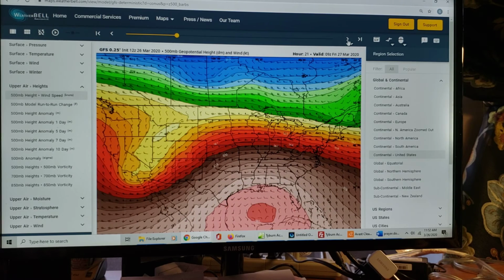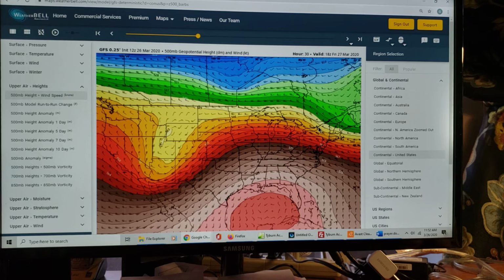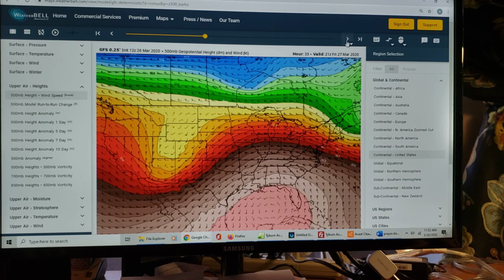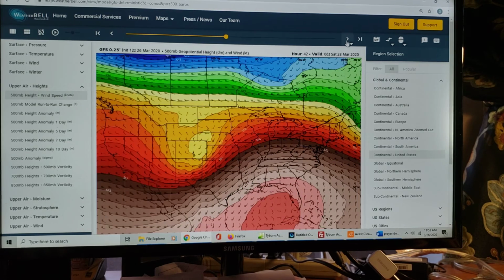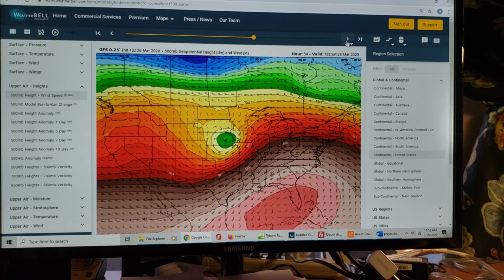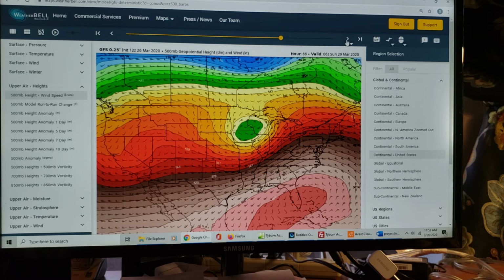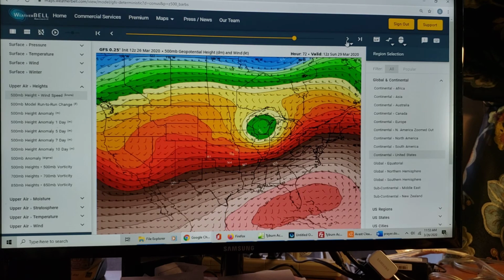We're still in the zonal flow. Still zonal. Now our air is coming a little bit more from the northwest, but not terribly cold. And that trough is trying to get across the country, but it's not doing a very good job. And that indicates that the trough is intensifying, and there would be a surface low intensifying, which we already saw on the surface map. And that's moving up. And we're actually just staying the same. Our flow is from the west and southwest at 18,000 feet.